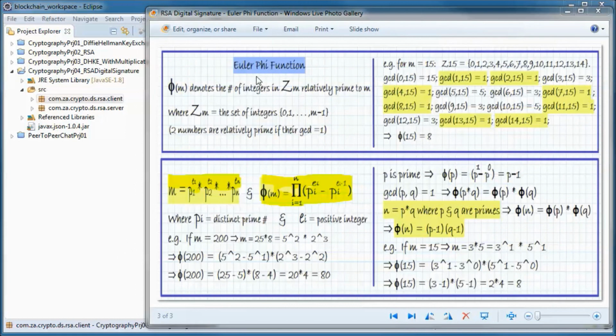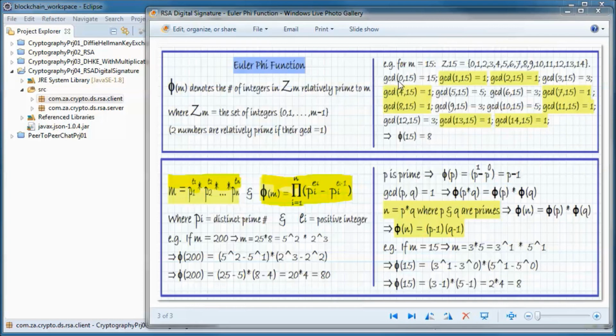So this was the Euler phi function. So phi of m denotes the number of integers in Zm that are relatively prime to m, where Zm is equal to the set of integers from 0 to m minus 1, and two numbers are relatively prime if their GCD is equal to 1. For example, if m is equal to 15, then Z of 15 is this set from 0 to 14.